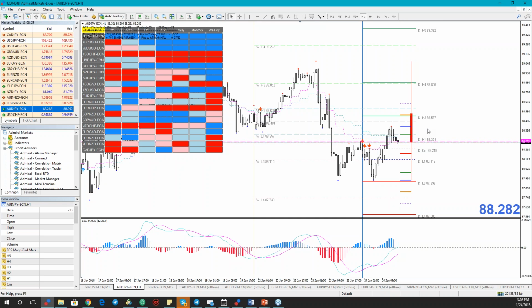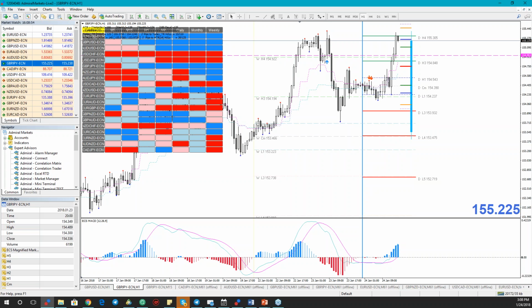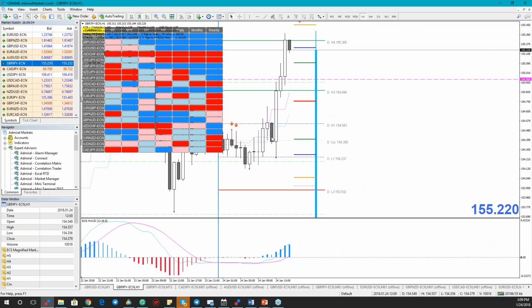I made a dollar CAD good trade today. I also made pound yen 25 pips only, but it's good because that was the only way I could short pound yen, because then it went very, very much to the upside. It was very strong. So yeah, I'm happy with my pound yen trade. And I will show you now, basically pound yen, my Telegram group knows what I'm talking about. Actually, I caught this move here.